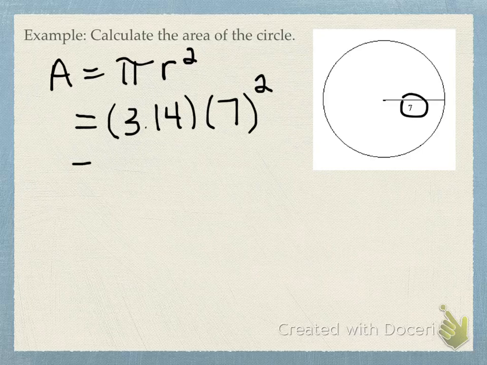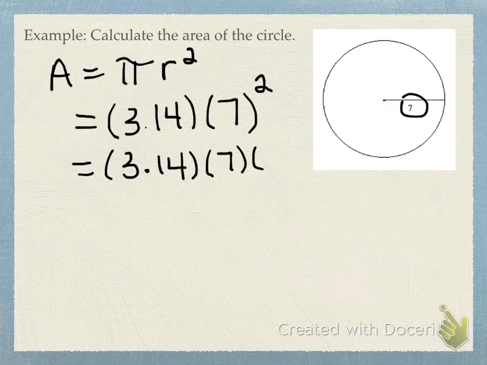Now I'm going to rewrite the 7 squared as 7 times 7. So that's going to be 3.14 times 7 times 7, because that's what 7 squared means. And then if I use my calculator and multiply all those numbers together, I get